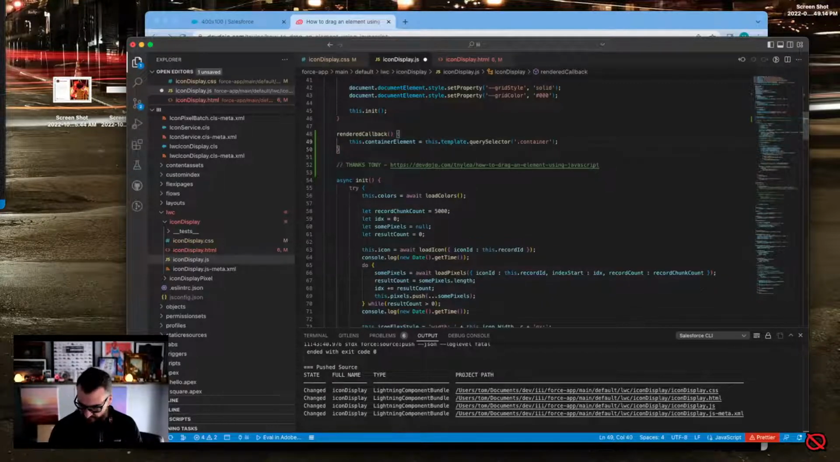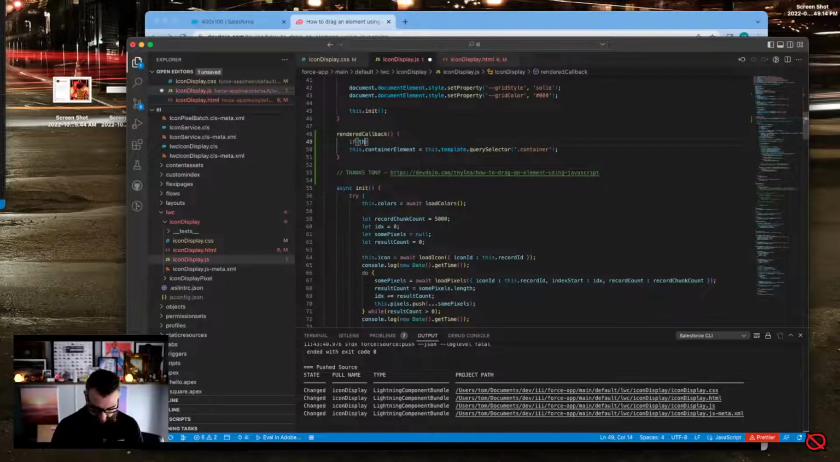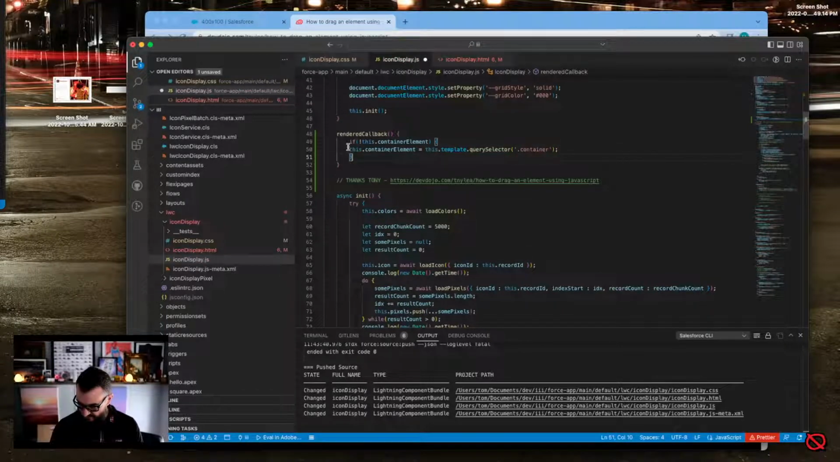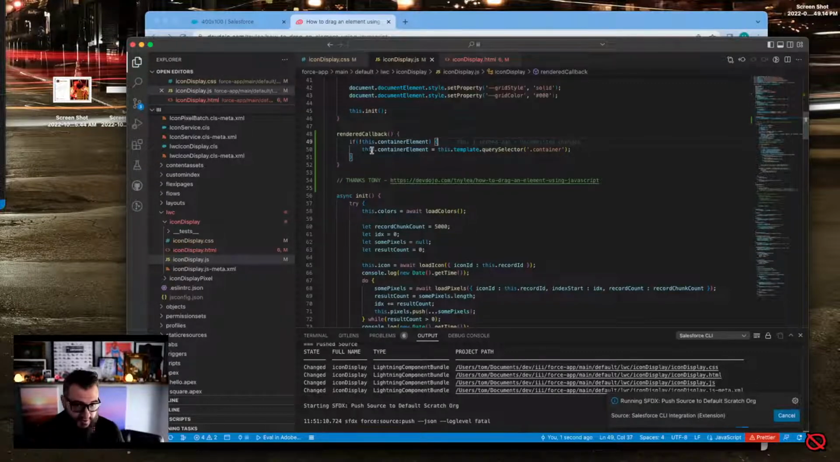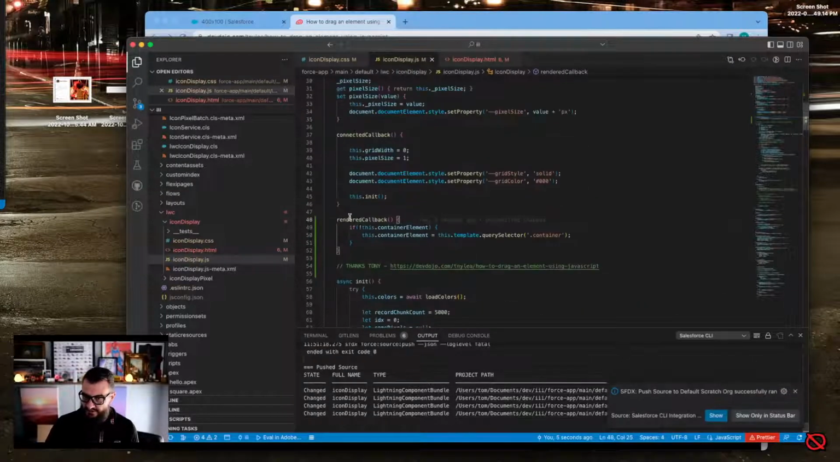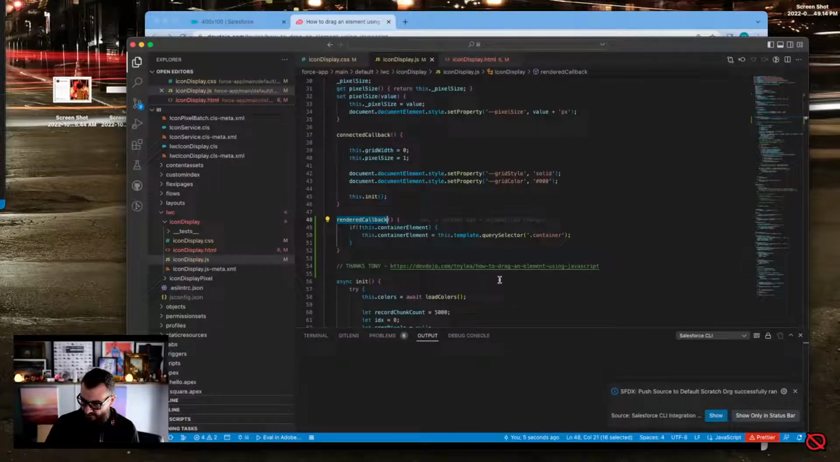I also wonder if we want to have to fire this every single time, so I'm just going to say if not this.containerElement, then let's go grab it. Let's see if this does anything and if we can actually get to it. My theory here is that container element doesn't exist yet until rendered callback. I think we could try it in connected callback just to see if that's the case, but I think that's the case. I hopefully only want to reference it once,